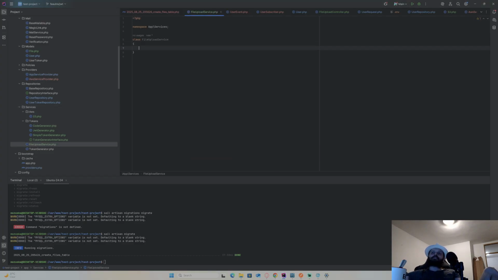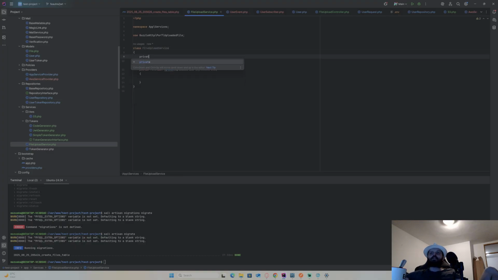And now here, let me just check. I will add first a public function upload, and it will take an uploaded file. It should be file. And for now, let's call it uploaded file. Actually, it's fine like this. And for now, I'll have just user repository here, nothing else.